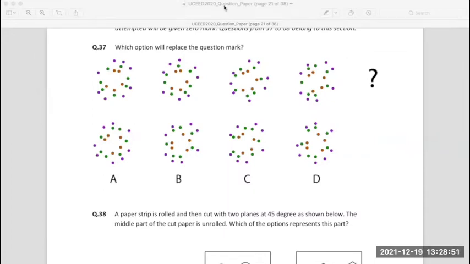One suggestion to find the correct answer is to look at the position, just a suggestion. I was able to arrive by looking at this position: the 3 purple dots here and the 3 green dots here. I arrived at the correct answer just by observing their placements. Just by that observation, I came to the correct answer. You can follow a different method also. That is up to you.